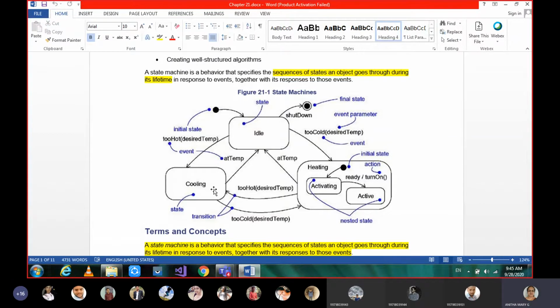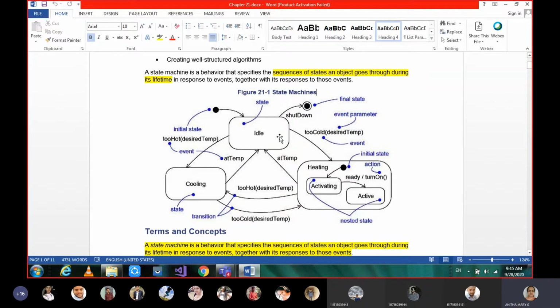And when you switch it off, it will move on to the idle state. Sometimes these are the things when the switch is on. If the switch is off, it will be in the idle state, and once you switch it on, too cold, desired temperature.